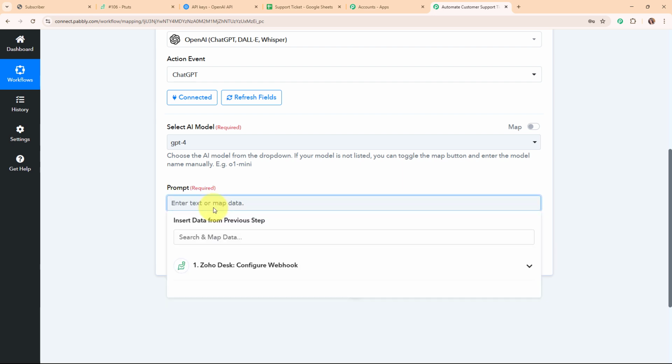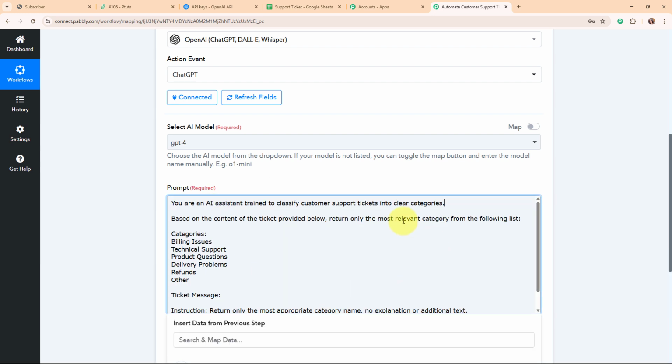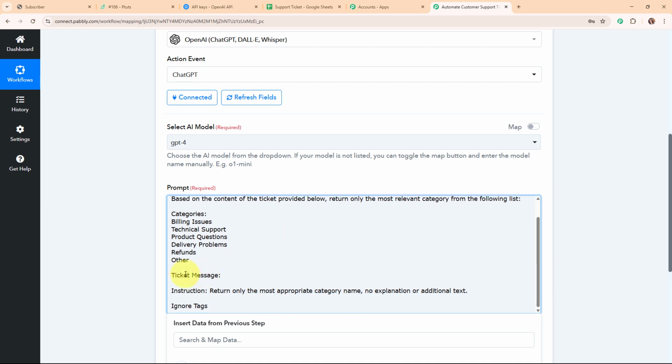Alright, so here I'm going to enter the relevant prompt. And here you can see I've successfully added a relevant prompt over here where I've given some instructions to AI and the categories to categorize my support tickets and the ticket message and instruction as well. Alright, so now here for this ticket message, I'm going to enter the ticket that I've received on my Zoho